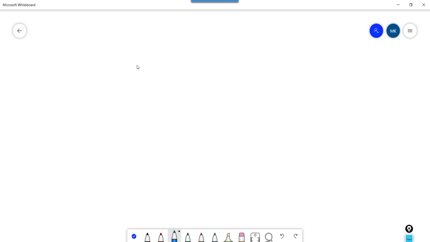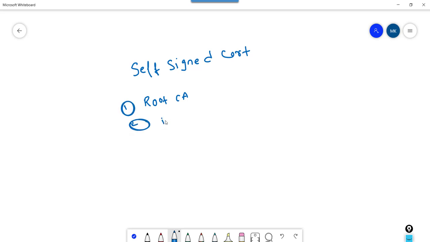In this case, we will be using self-signed certificates here on Palo Alto. Self-signed certs we will create, right? So in a sense, we will be creating a root CA on the firewall, and once this root CA has been created, if required, we will create an intermediate CA,